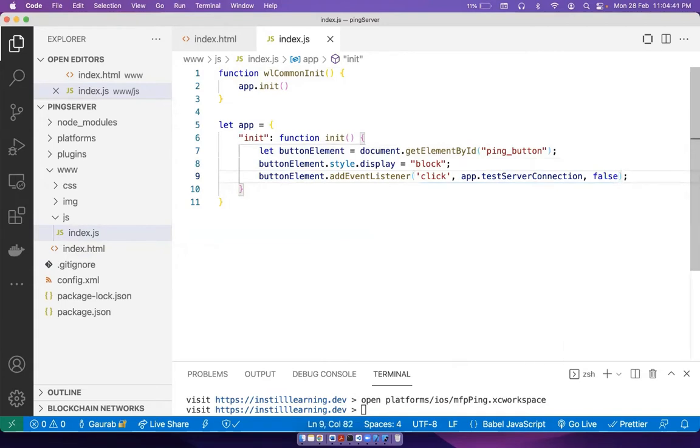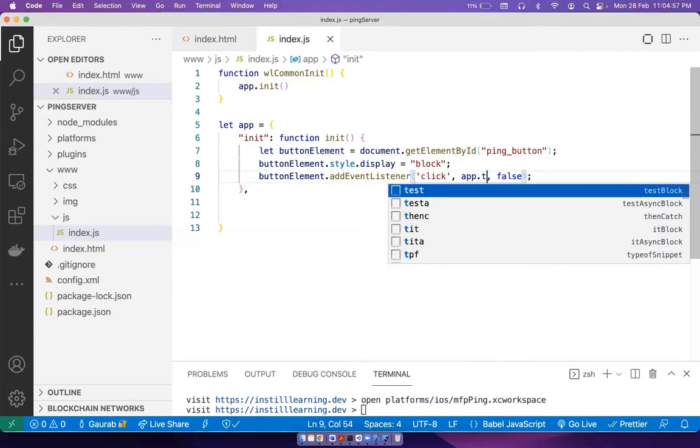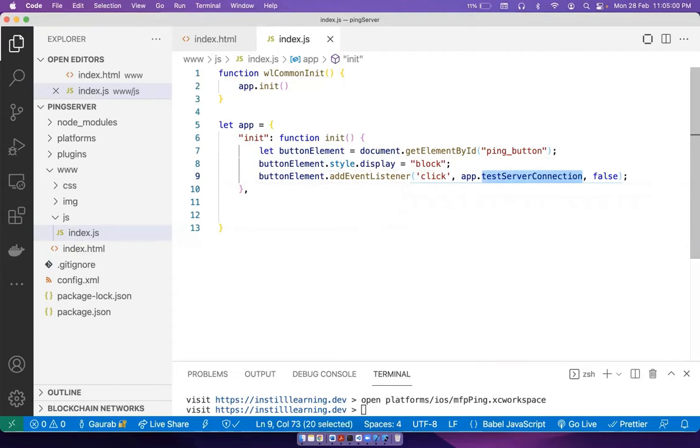Okay, that's it. Now what we can do is we will add functionality in this app.testServerConnection. So here down below we'll write the function testServerConnection, and